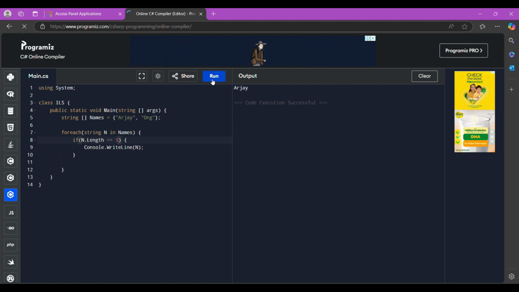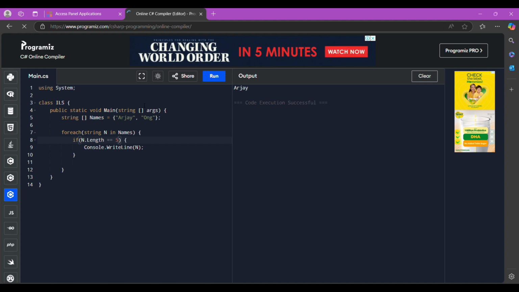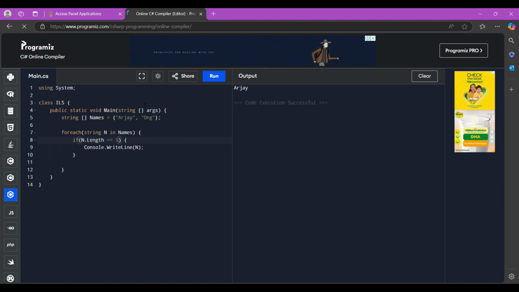So yeah, that is a conditional that uses arrays to function.